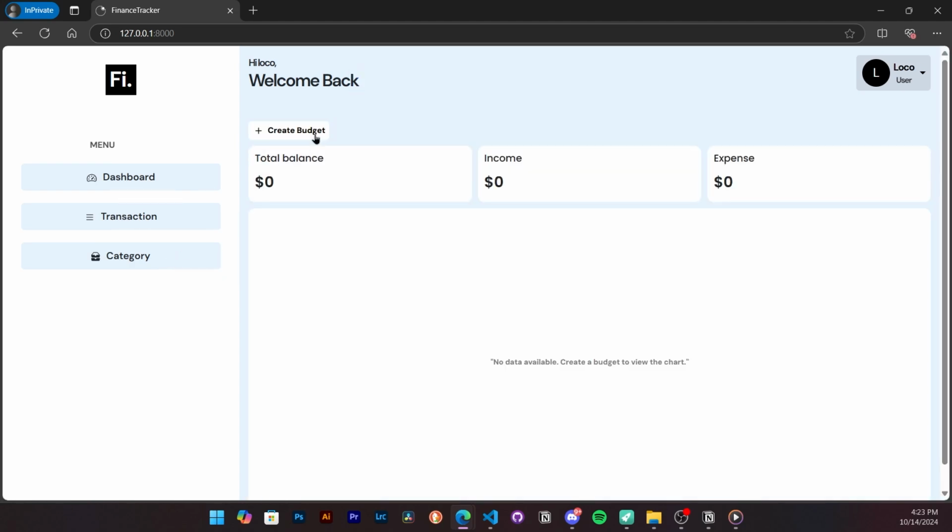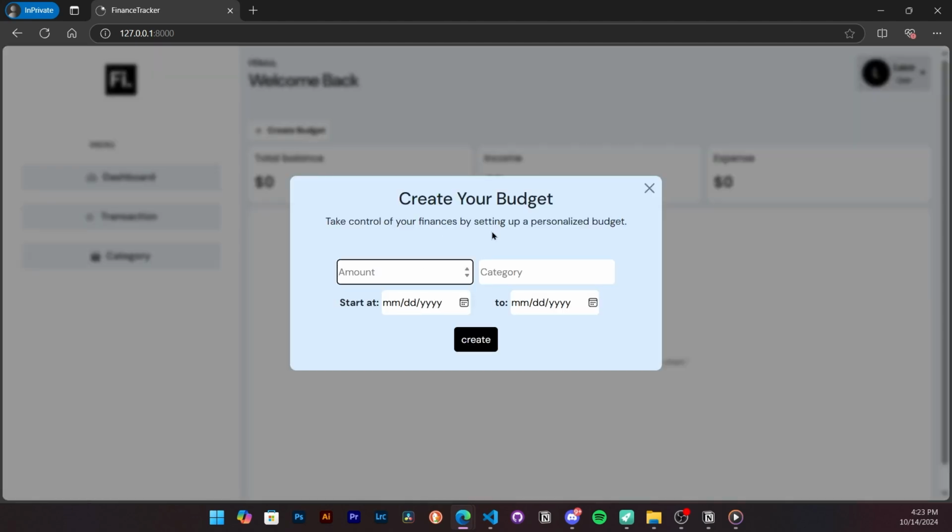I click on the Create Budget button, which brings up this form. First, I'll enter an amount, let's say $500. For the category, I'll enter Home. We have two date fields. The start date is required, while the end date is optional. This helps define how long the budget will be active. Once the budget is created,